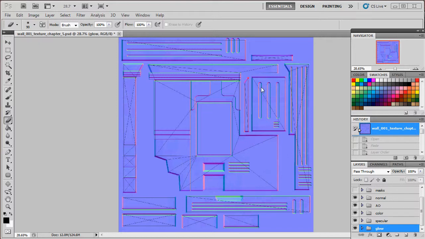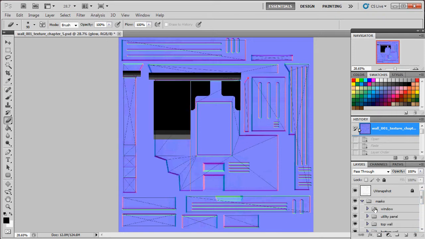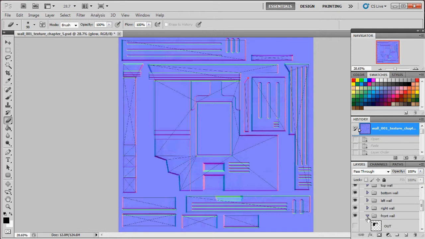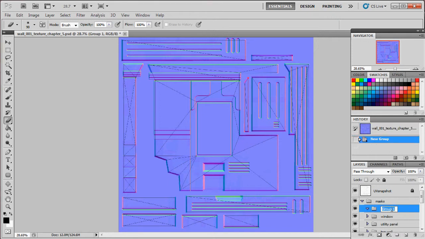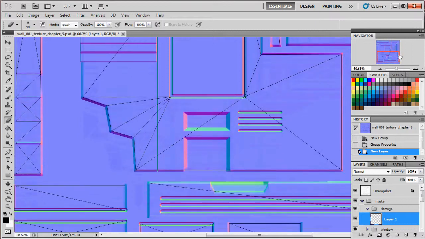Alright, so let's paint in some damage to this wall because remember, it's debris, it's broken, it's a pile of junk. So we're just going to create a new mask layer here. Let's go down to front wall here and hide the out. And we're going to make a brand new group here. And we're going to call this damage. Alright? And we're just going to use some simple brush techniques and some simple filters to get the randomness of